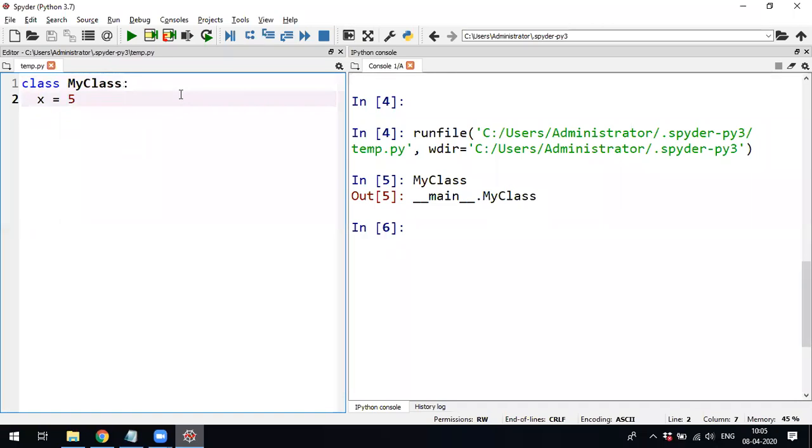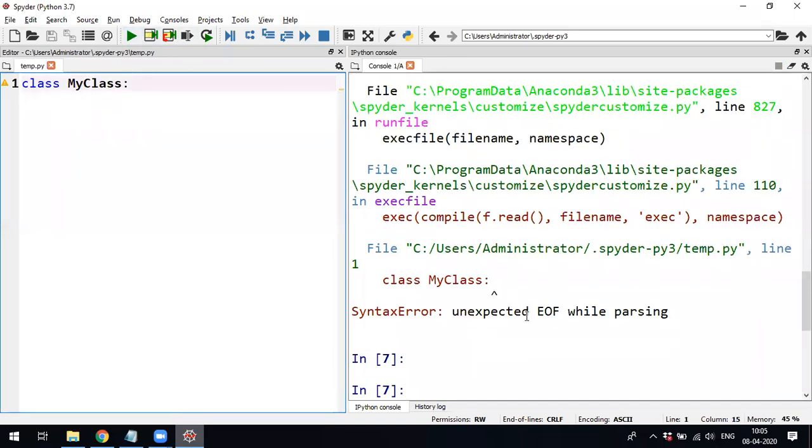Why I have initialized X equals 5 in the beginning itself is that you cannot create an empty class, like class MyClass colon and nothing after. It is not at all possible. It cannot create an empty class, so you have to create an attribute and initialize it.